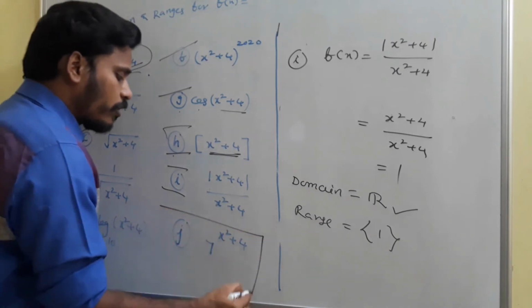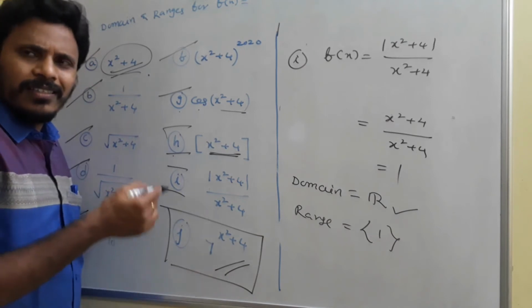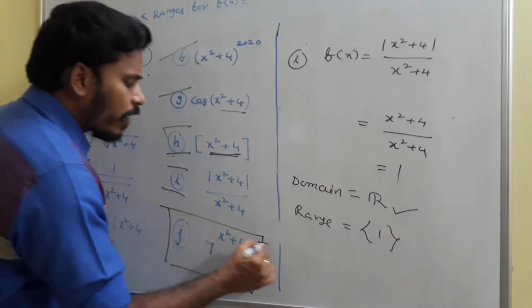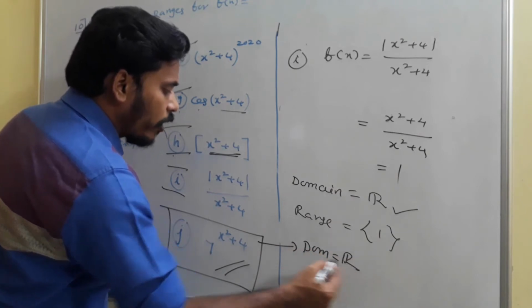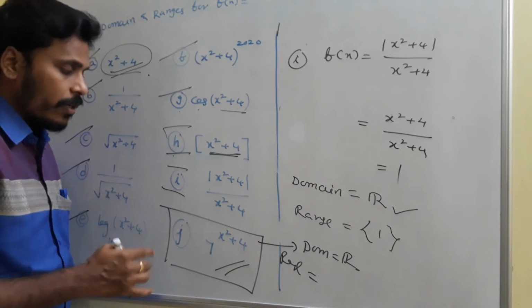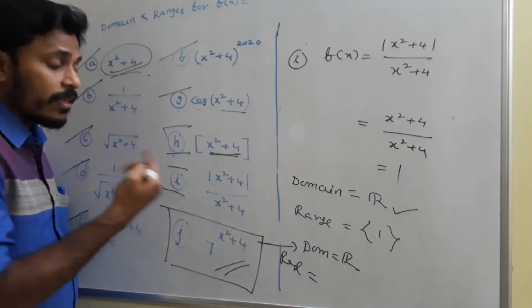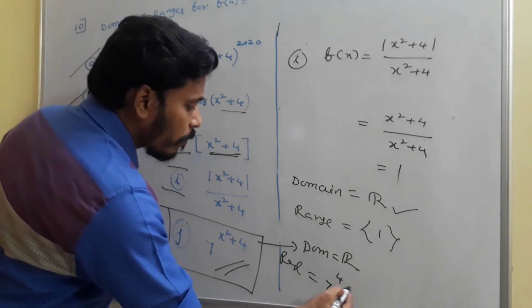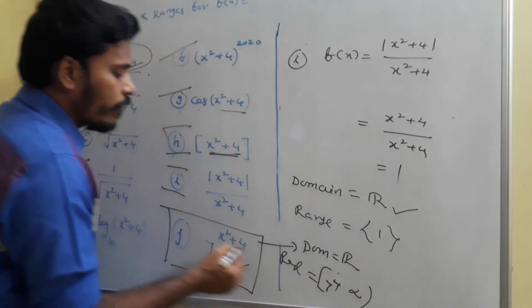And then think about z, where it is given as 7 power x square plus 4. Same logic. If you take any value in the place of x, no problem. The domain is all real values. Whereas when you think about the range, 7 power something, that something is from 4 to infinity. Since we are applying that 7 power, again it is 7 power 4 to infinity. This is the range of this function.